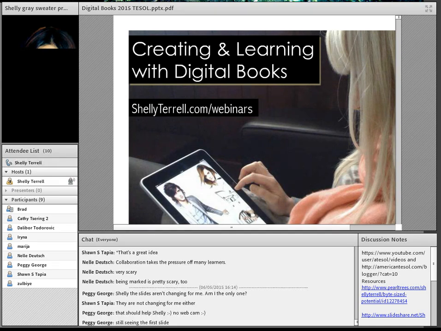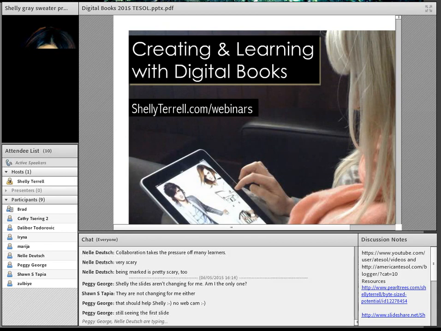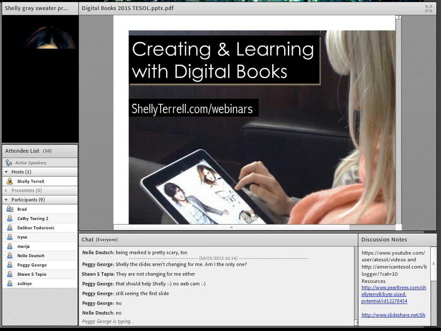You can either have them do this as a task at home, or you can have them all take a trip to the library, which is really my favorite way of having students conduct research, so they can get very excited. They can interview. So, for example, if they're doing digital storytelling or creating a character, they could